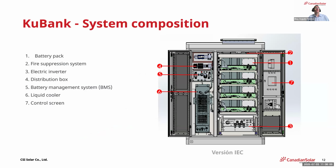I can show you the system composition. On the right side, you have the 4 battery plugs. In case there is a problem with a battery, we can replace it. The battery is composed of prismatic cells with LFP chemistry. In number 3, we have the PCS. As mentioned in the slide before, we have a capacity of 125 kilowatts. In number 6, we have the thermal management system, liquid for the batteries, and air for the electronic components. With the liquid thermal management system, we try to improve the lifetime of the battery and also control the temperature of the battery. And number 5 is